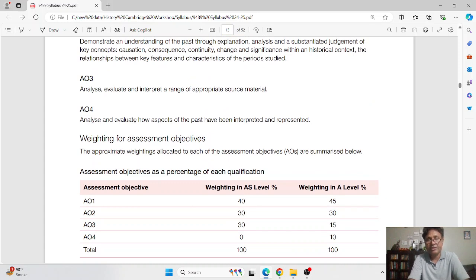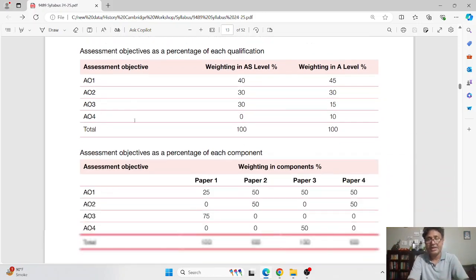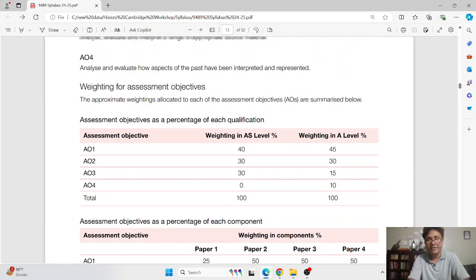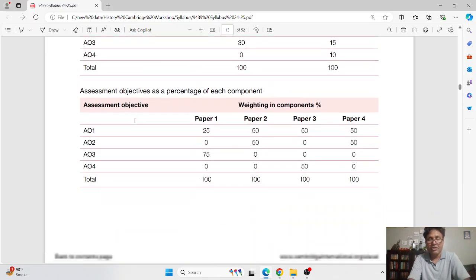Now assessment objective 4 is again about the skills of analysis and evaluation that the candidates are going to demonstrate in their exam questions. Okay, now